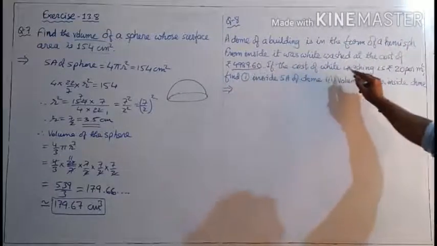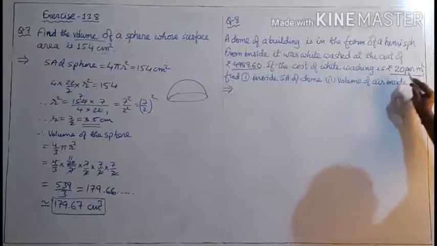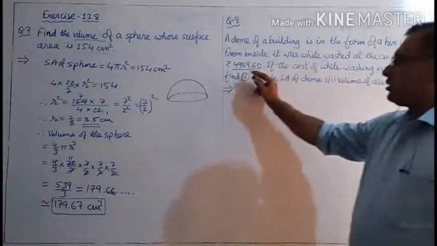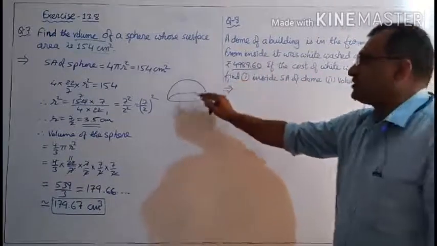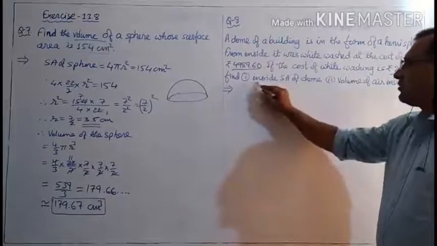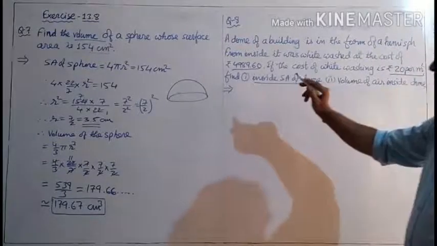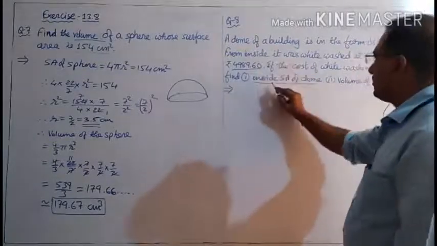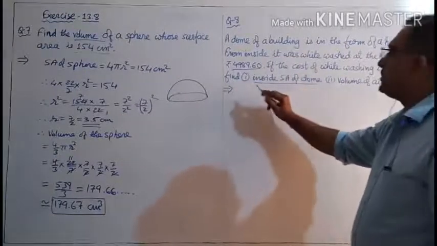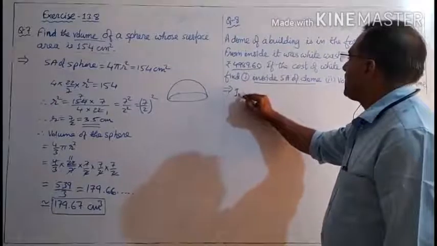Now if cost of whitewashing per meter square is this, so per meter square cost is this, total cost, so we'll get the area which is whitewashed. Then find the inside surface area of the dome. That is, here we say area of the building whitewashed is inside surface area of the dome. So inside surface area,